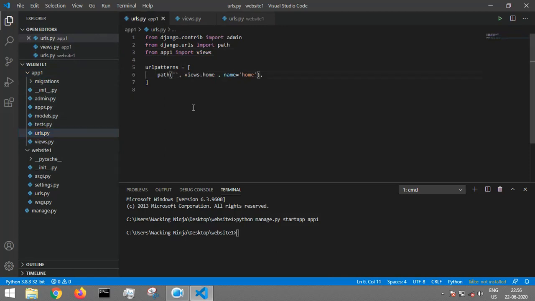So if I'm having a website like akshay.com, whenever anyone goes to this website akshay.com, they will be taken to the home function of the views file. I'll be explaining this in detail, but as of now let's just save this. And now I will say python manage.py